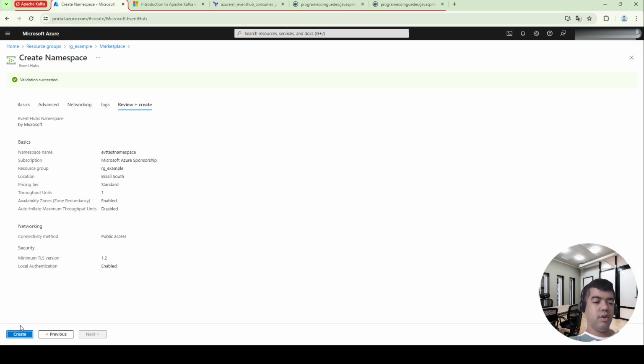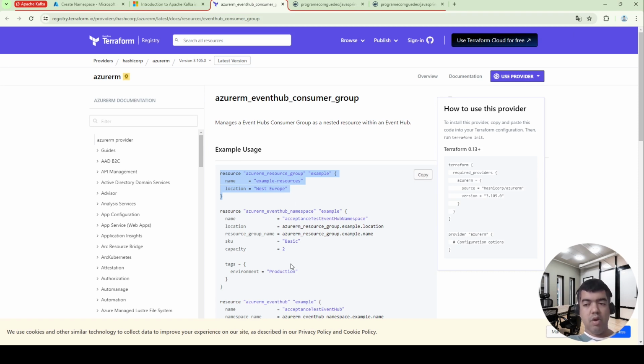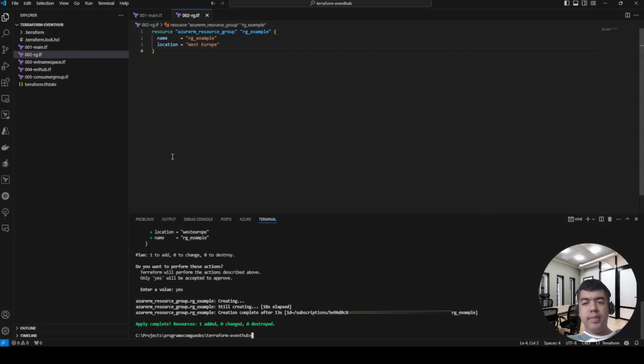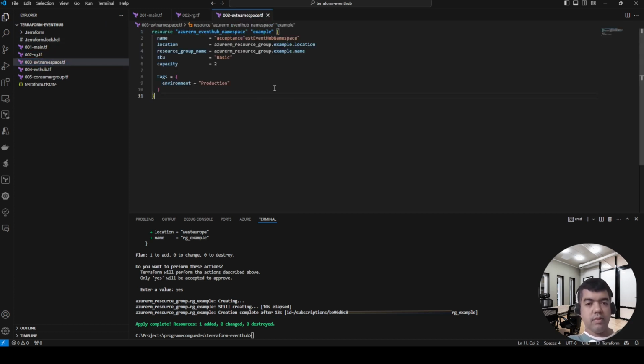Then click on Create. On the Terraform page, copy this content to create an Azure Event Hub namespace and paste it into the evt_namespace.tf file. Change the name to evt-test-namespace.